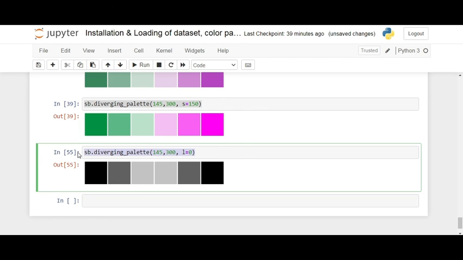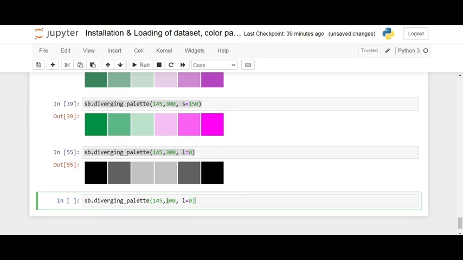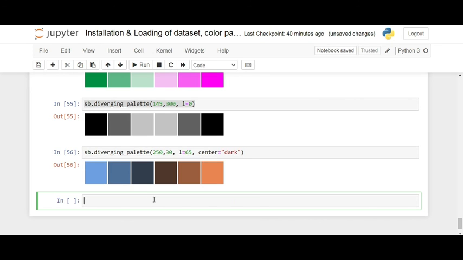So I want to change the pattern here, so I will use it again. Instead, if I use different values now, 250 comma 30, then for luminance I am using 65, and at the center what I require is dark, and just check what is going to happen.